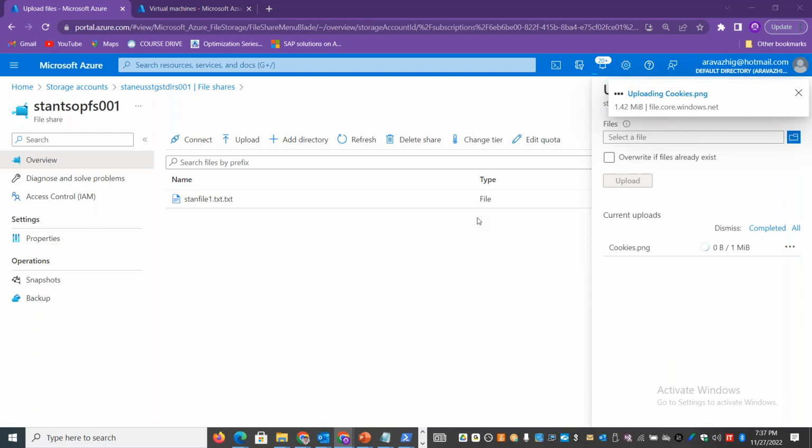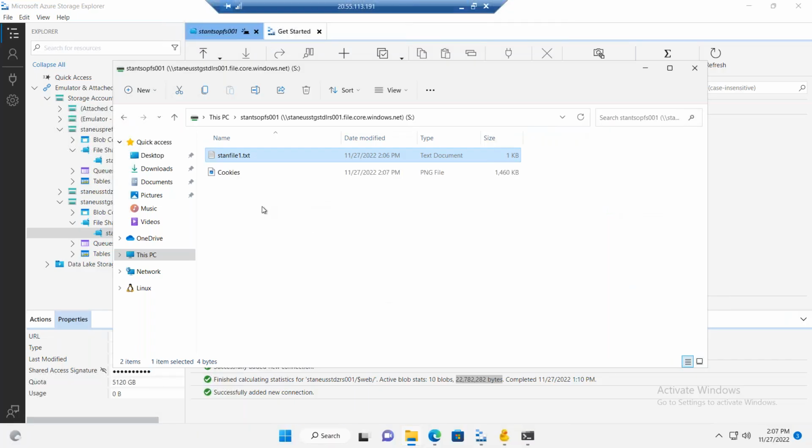Okay, once after I upload it here, I should also see that file coming up here. Yeah, perfect. So you can access the same file share from any machine on the network. The simple thing is it has got the UNC path. You can see double backslash, the endpoint of the storage, I mean the storage account name dot file dot core dot windows dot net slash that particular file